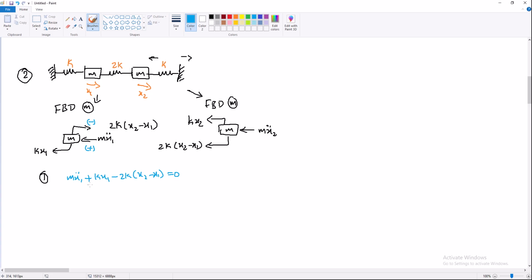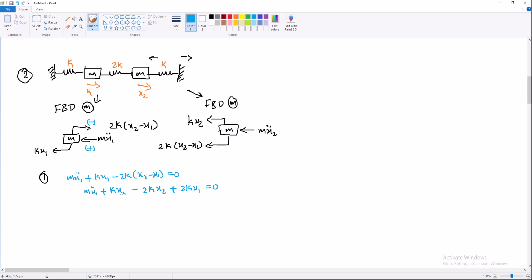So now I will just rearrange the terms. I am multiplying into the brackets: m x1 double dot plus k x1 minus 2k x2, minus into minus plus 2k x1, which is equal to 0,